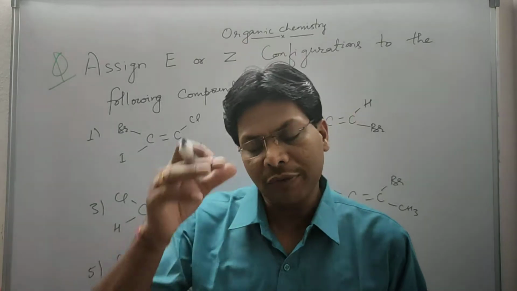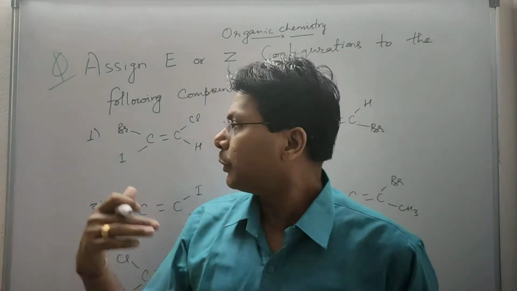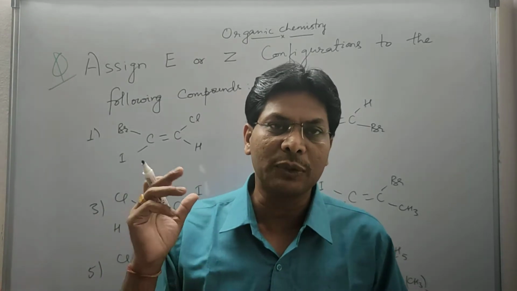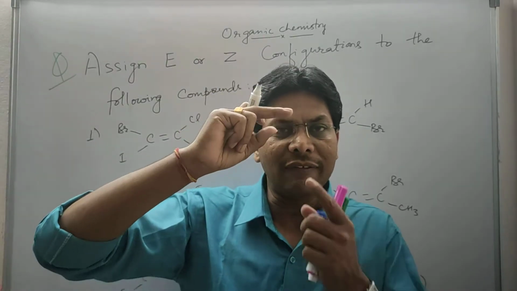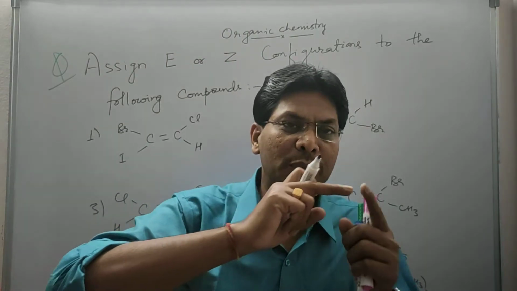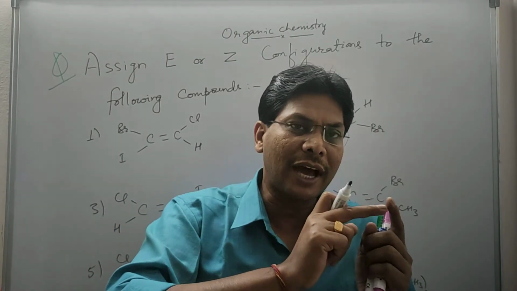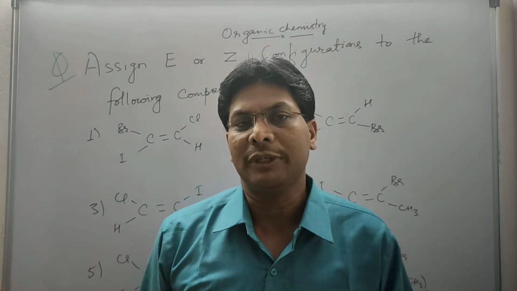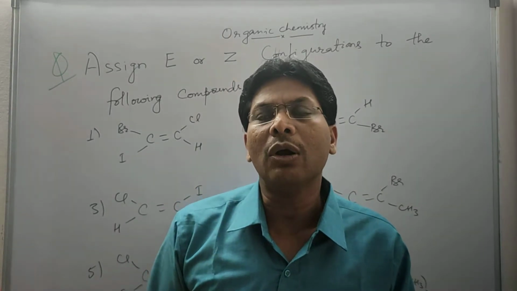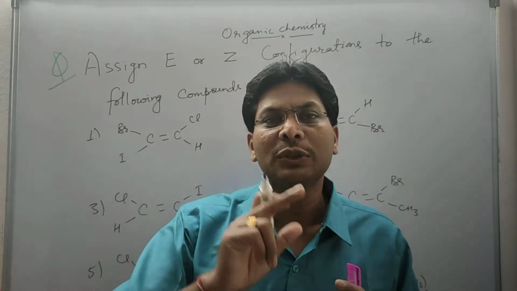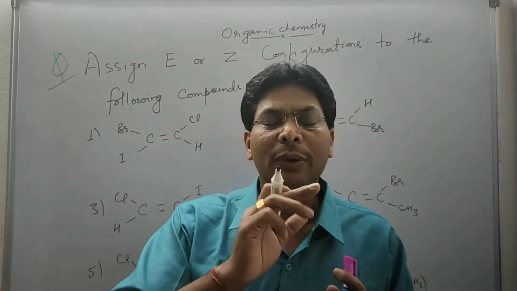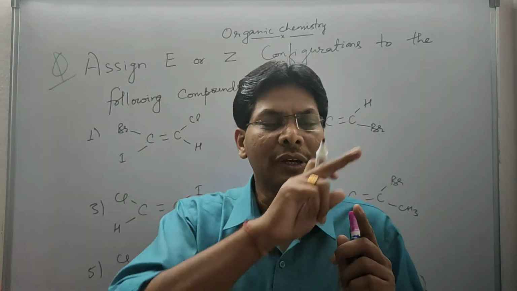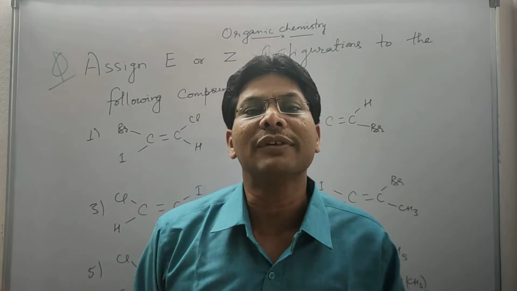So in this way we see the CIP rule. Suppose one methyl group and one ethyl group are given to you. Methyl will have a carbon attached with 3 hydrogen. But if you see ethyl, it will have a carbon with 2 hydrogen and 1 methyl group. That means ethyl will be given more priority than methyl. A carbon-carbon double bond is treated as if it is bonded with 2 carbons. Similarly, a carbon-oxygen double bond means carbon is attached to oxygen, and oxygen is attached to carbon. So like that we will see.